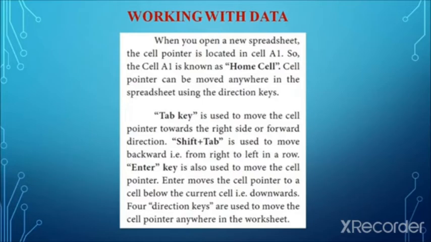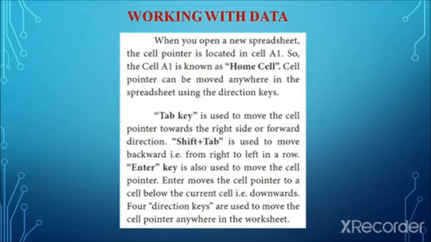In that cell the initial cell pointer will be available, the thick rectangular box. We call the cell A1 the home cell, and the cell pointer we can easily move with the help of the arrow keys, or just by clicking with the mouse. These are the ways to move the cell pointer. Here they have given some of the navigation, how to navigate the cell pointer. First thing, pressing the tab key. The tab key is used to move the cell pointer towards the right,